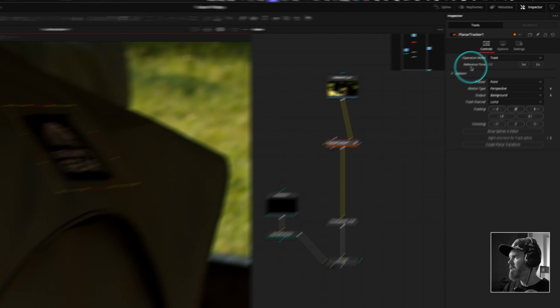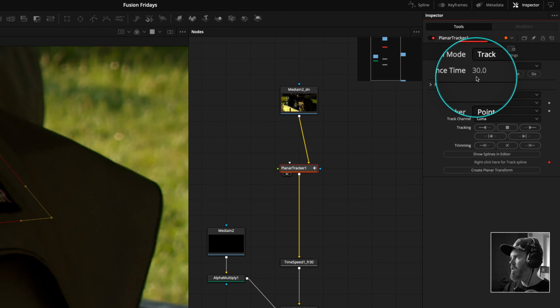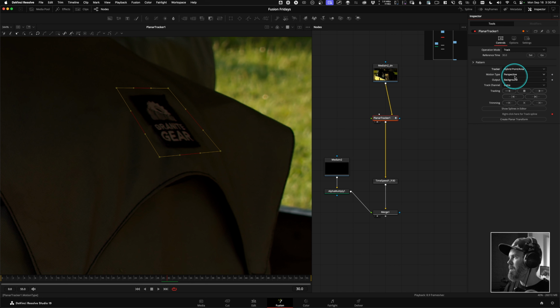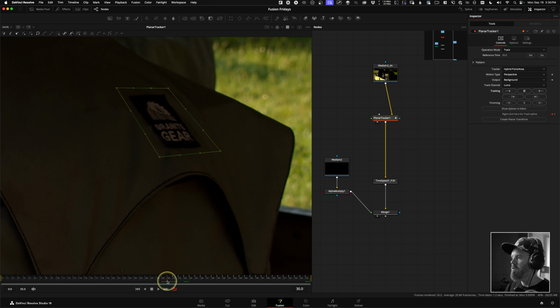Once we have that set, we're going to change our reference frame to being set to the frame we're on, and that picks up that frame 30 there. I'm going to change the tracker type to hybrid point area. Motion type is how much motion is in it. I always try with perspective first, and if it's bad, then I change it. So we'll start with perspective, track forward button, and then we come back to where we tracked from, which is